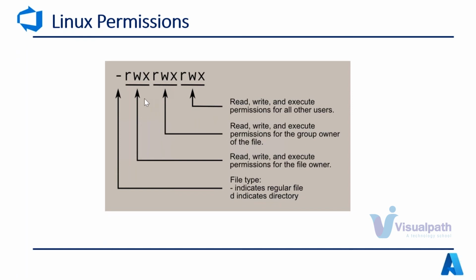It is there 3 times because the first read, write, execute is the permissions that the owner of the file has. The second read, write, execute is the permission that the group owner of the file has. And the third read, write, execute is for others, what others can do with the file, like anyone who is not the owner of the file and not even part of the group of the file. Okay, so if you see here,